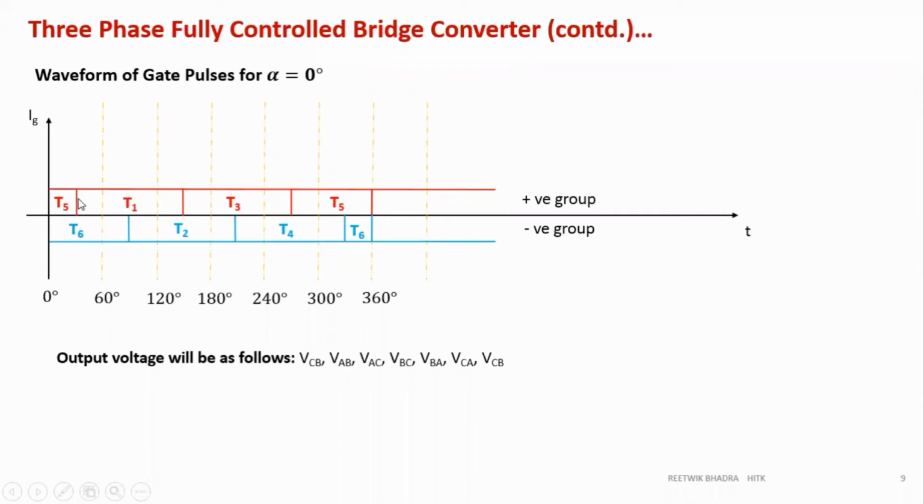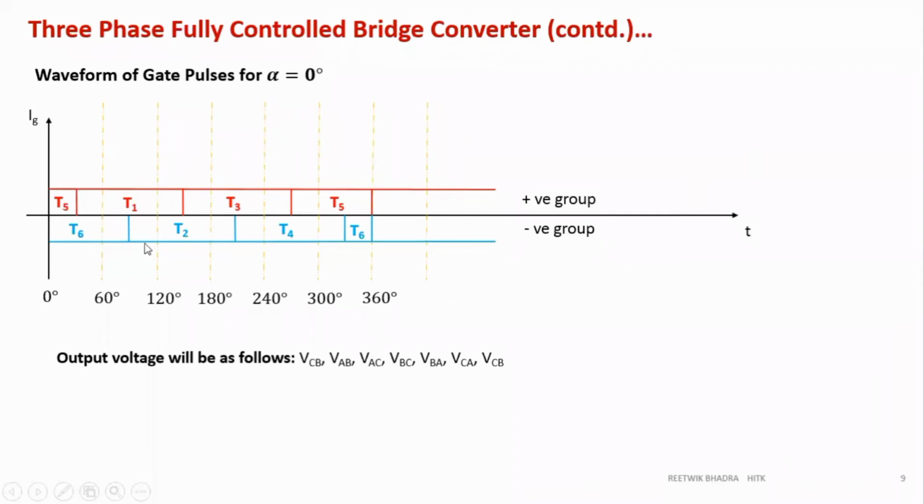So for the first 30 degree, which switch is on? T5 and T6. Now, the same way as in the inverter we had done, we had drawn IG, and from the IG we had seen which switches are on. Then we had gone to the main figure, and from the main figure we were determining what was our line voltage or our phase voltage. Same over here. Now, which line voltage will appear as my DC voltage at the output, we have to determine from this switch T5 and T6 being turned on. So now which is on during the first 30 degree is T5 and T6.